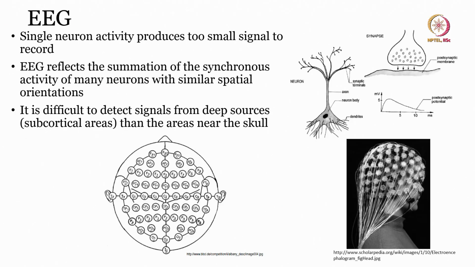Okay. So, let us quickly recall what you remember about the EEG, right. Single neuron activity produces too small a signal. EEG reflects the summation of the synchronous activity of many neurons, because many neurons together produce the EEG. We have learned this in previous modules, right. It is difficult to detect signals from deep sources, subcortical areas, compared to the areas near the skull, and then we have seen what a single neuron looks like, with dendrites, neuron body, axon, and synaptic terminals, and then we have seen this particular